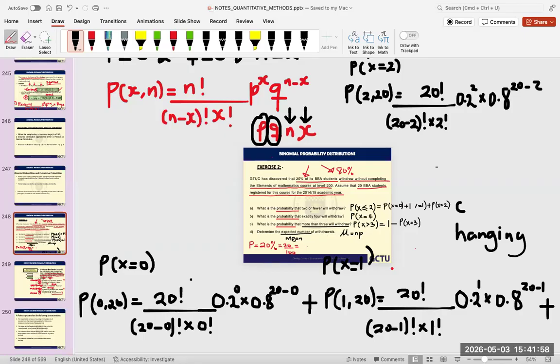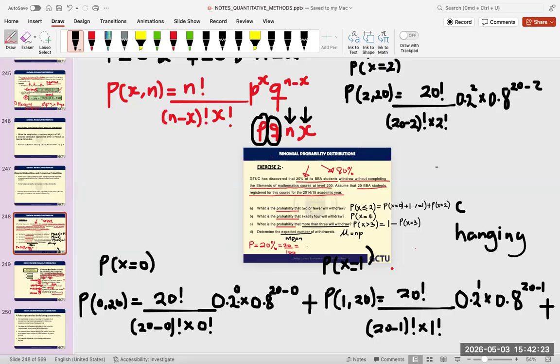In fact, this one should be simple. I think you saw it because it will cancel. It will be 20 factorial divided by 20 factorial. Haven't you seen it? So you don't struggle there. As for this side, it will cancel. So all you are doing is this other side,